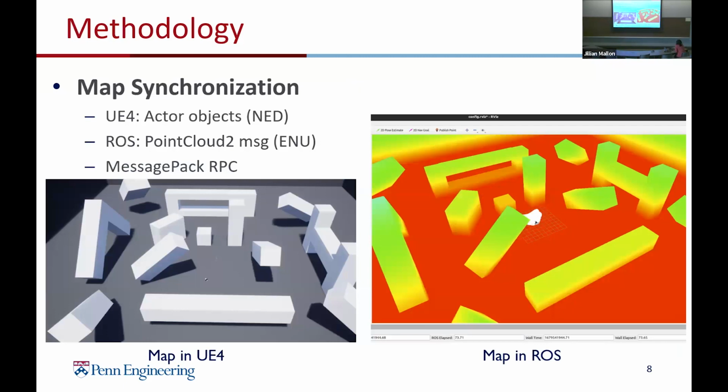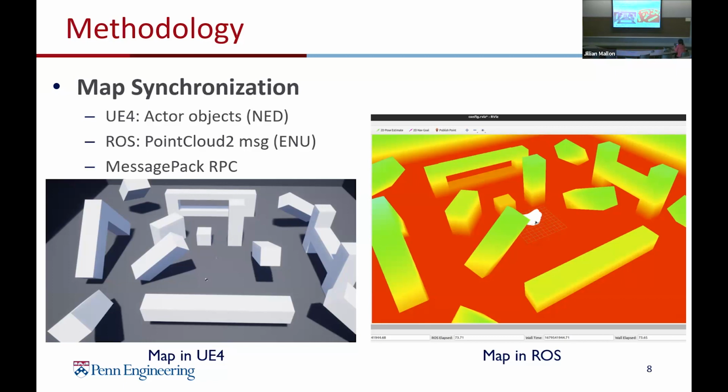However, Unreal Engine 4 and ROS are essentially two completely independent software packages with fundamentally different representations of the environment. Unreal Engine 4 represents the environment by game objects that are actors in an NED frame, whereas ROS represents an environment by point cloud messages that are voxel maps in an ENU frame.